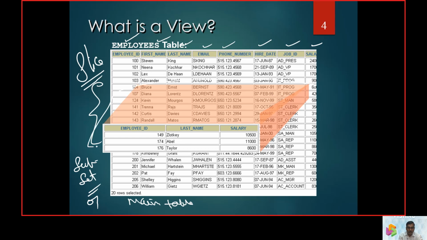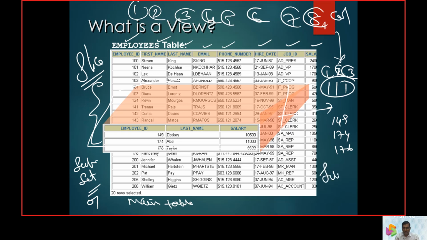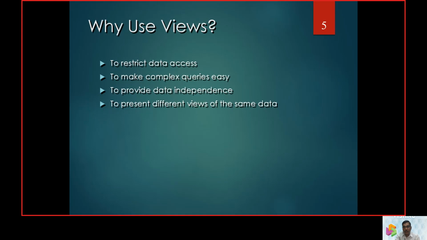We take one part of it: we take 149, 174, and 176, and then there are 8 columns. Out of these 8 columns, we are taking only 3 columns. That is what we call a subset, or a slicing of a table. Now it is a virtual table, so we call that a view here.